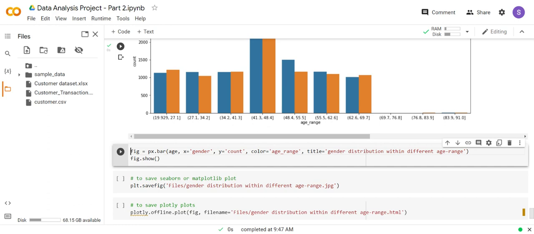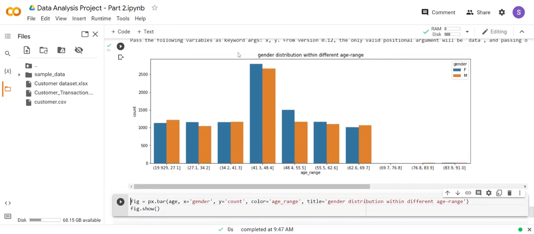If you run it, you will get each age range, and here you can clearly see that from age 41 to 48, most customers fall in this age range and they have more transactions than any other. And here again, females are buying more than males. Only in age 60 to 70, you can say 62 to 70, more males are buying bikes, and even in 20 to 27 age, more males are buying bikes, but for the rest you can see that females are more. Here the figure is almost the same in 30 to 41 age,